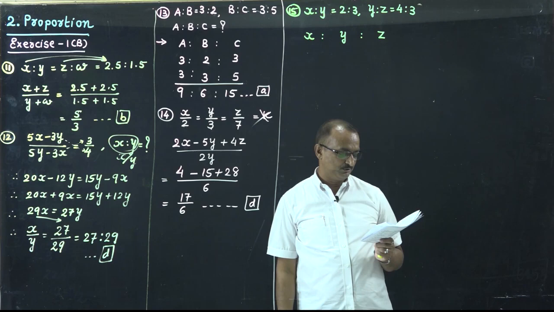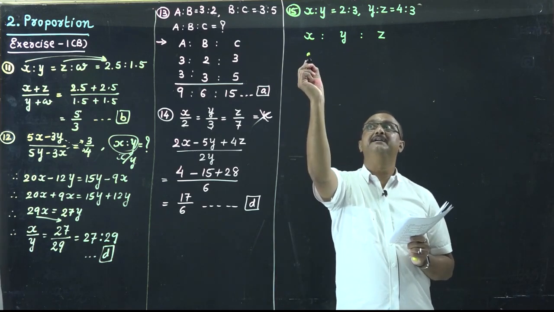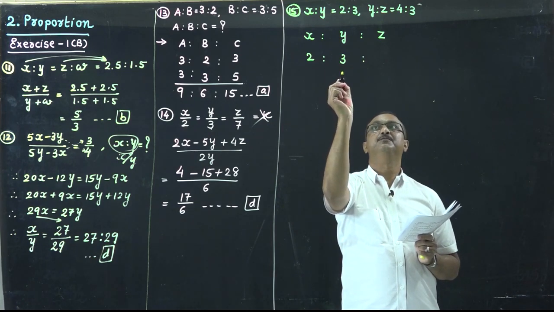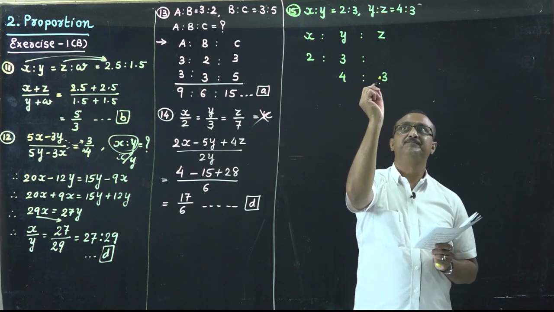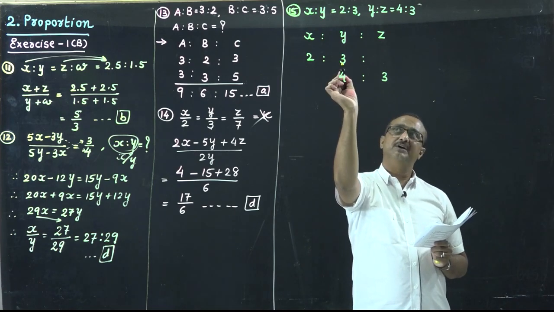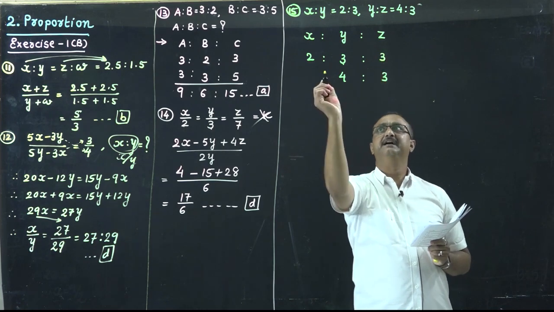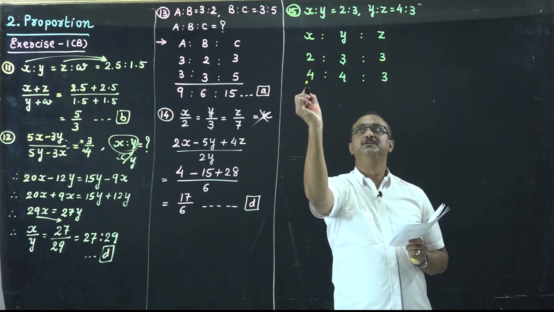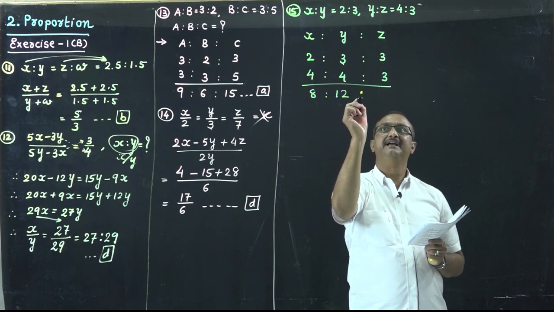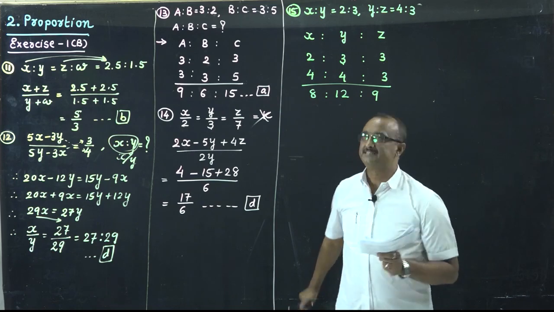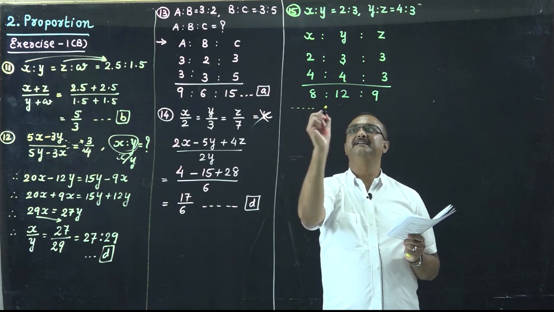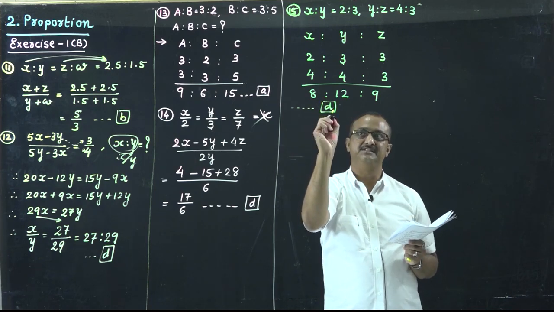Okay, so x is to y is 2:3 and y is to z is 4:3. Which is the common factor? y. y is common in both the terms. So અહીંયા જે હોય જાય મૂકવાનું 3 અને y ની વેલ્યુ અહીંયા કેટલી છે? 4. So ratio is 8, 12 and 9. So x is to y is to z is 8 is to 12 is to 9 and it is given in option D, none of these.